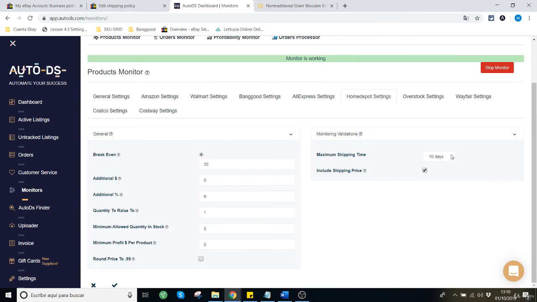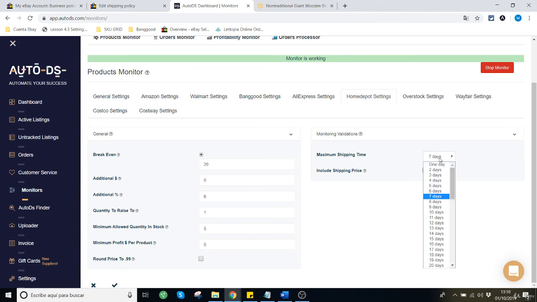And for shipping time, I would say 7 or 8 days, because Home Depot ships most of its items in 1 or 2 business days, but it has many items that can take longer, like 7, 10, even 20 days as shipping time.